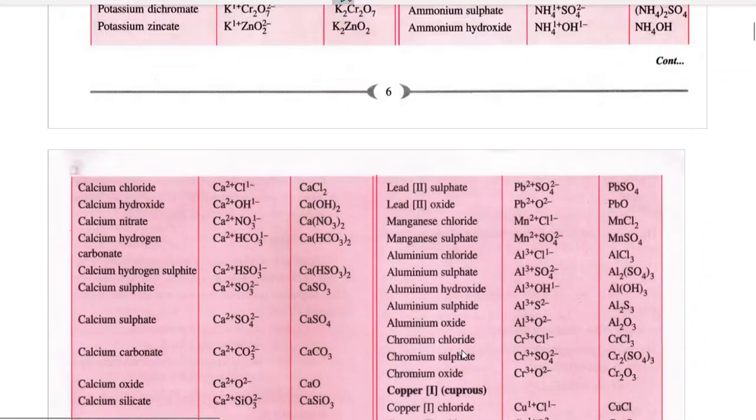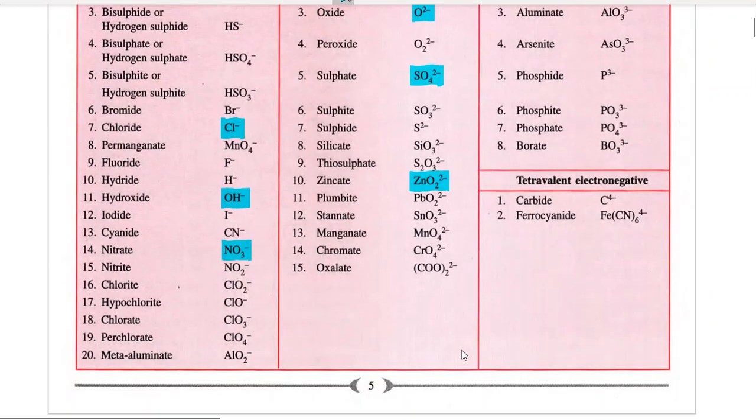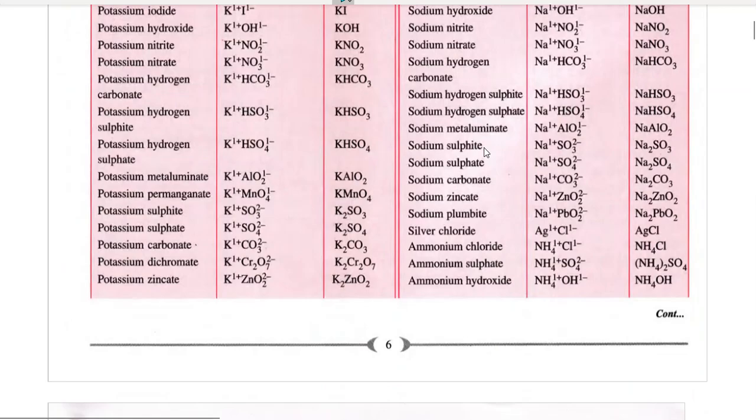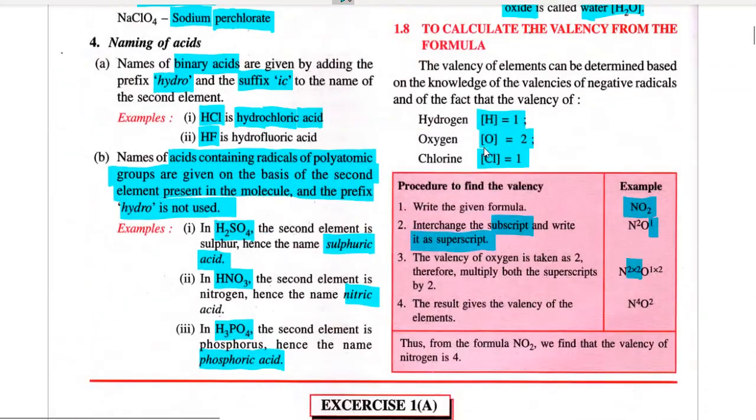If I tell you here, where is nitride? Trivalent. See, nitride: the valency of nitrogen is 3 minus. So I don't fully agree with the method of finding valency over here, because this is a covalent compound and finding its valency is not that easy. So I'm not sure you should follow this particular part of the chapter. Don't follow it for now.